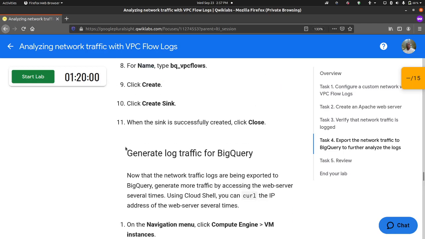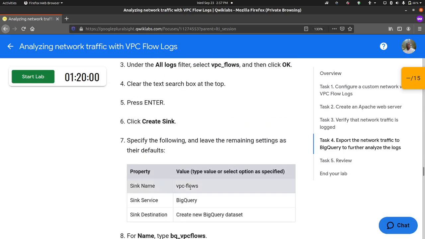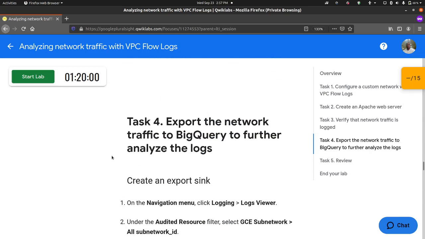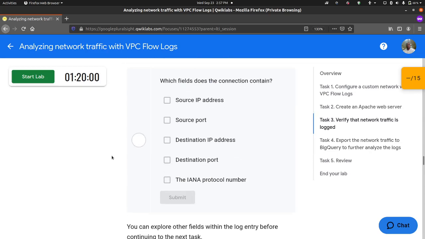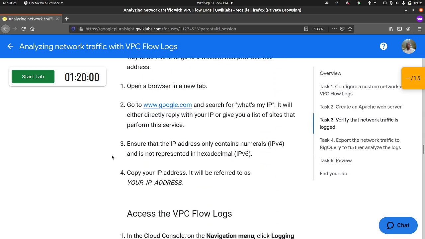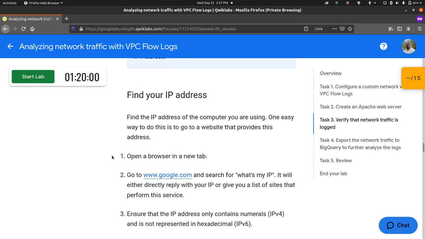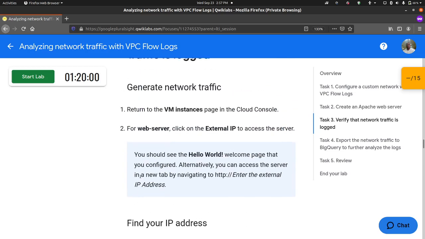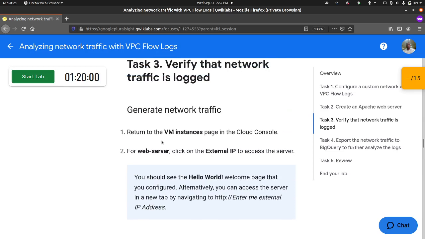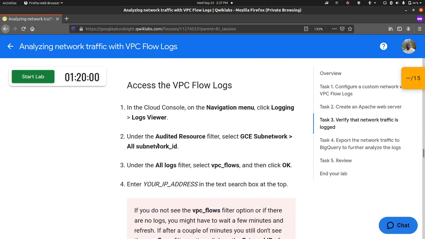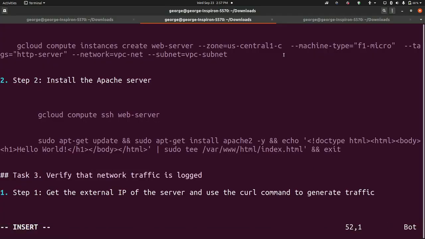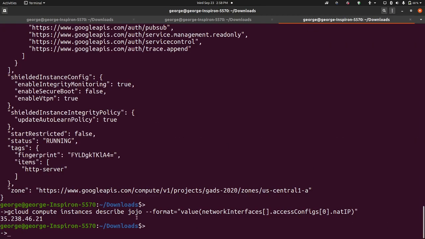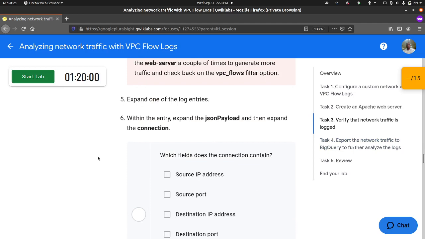Okay, so we've jumped over a lot of things, creating the flow logs. Let's go back here and find this, go search for ensure the IP address contains this. Let me, okay, generate network traffic. So get the external IP. That command I just showed us here actually does that. That is all of this. Okay, so when we have the external IP, of course,